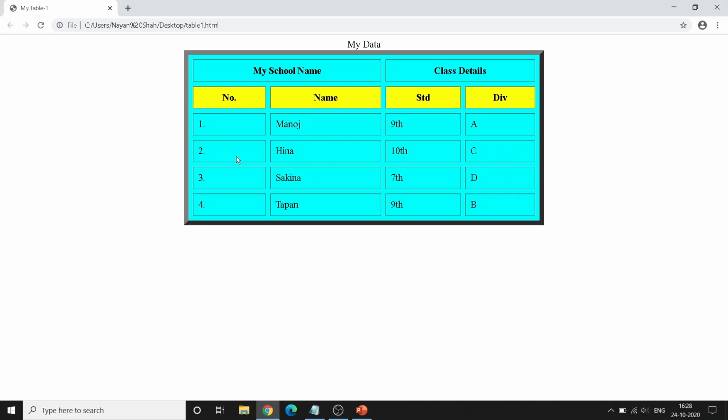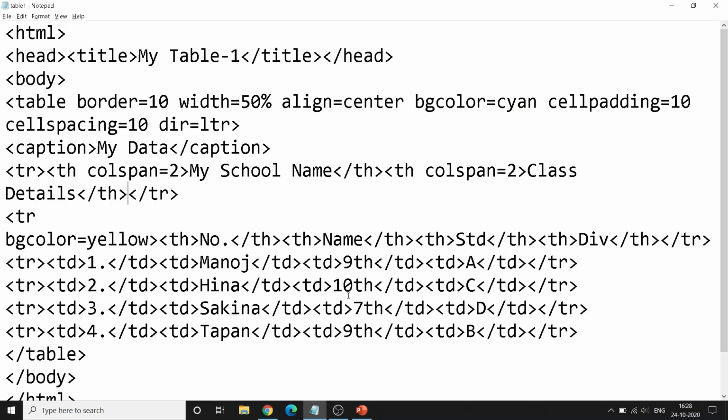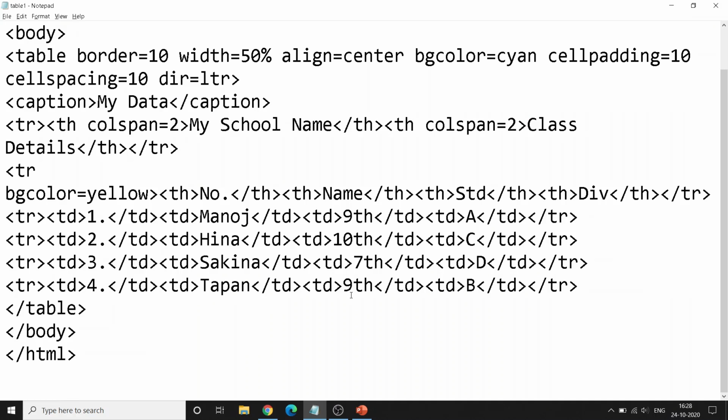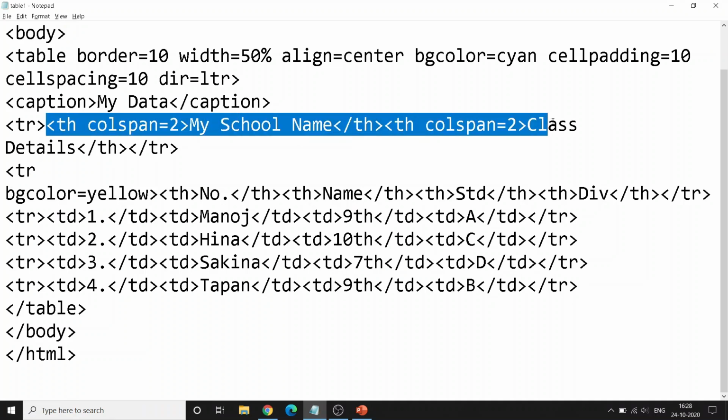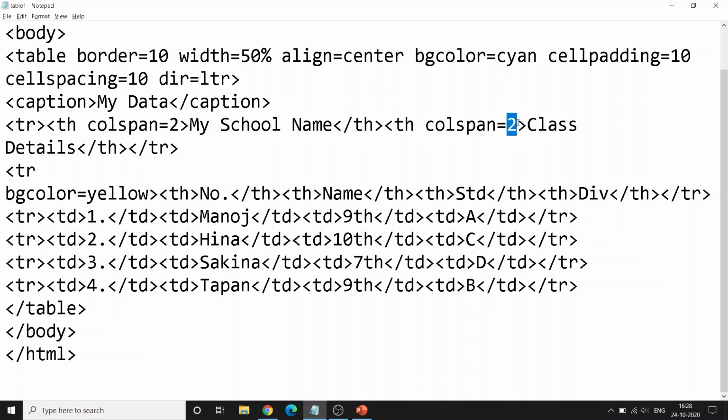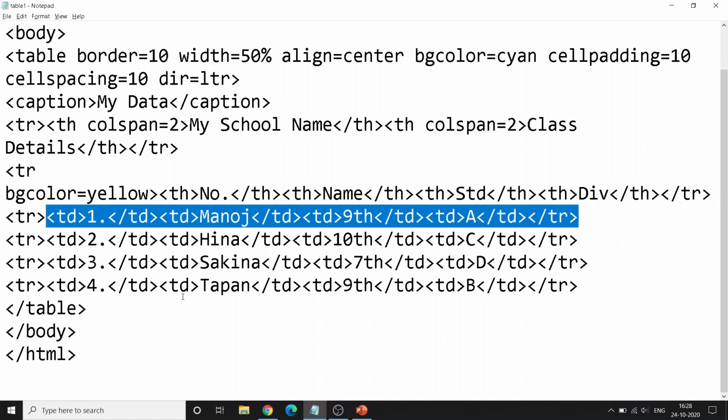But remember, the total always should be 4, because here we have 4 columns. If you prepare a table with 6 columns, then each row should have a total of 6 table headings or table data. Here it is 2 plus 2, so 4. All these, there are 4 table data.